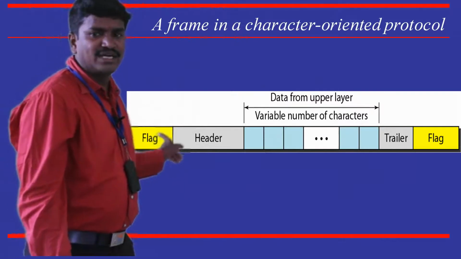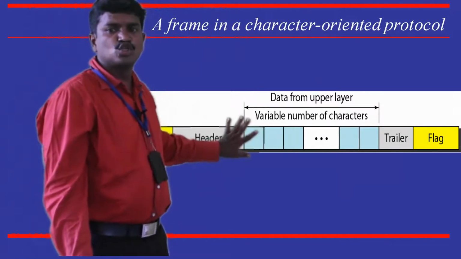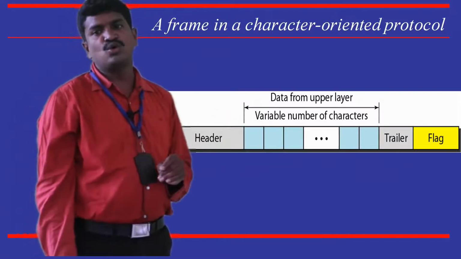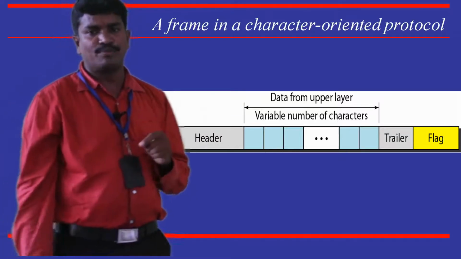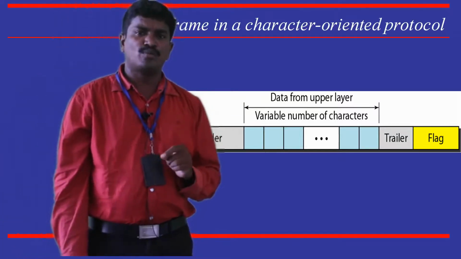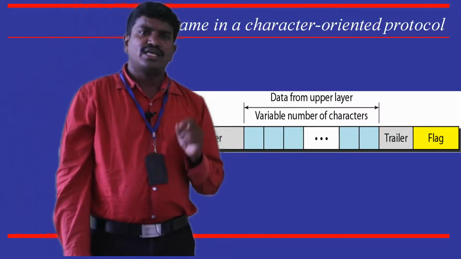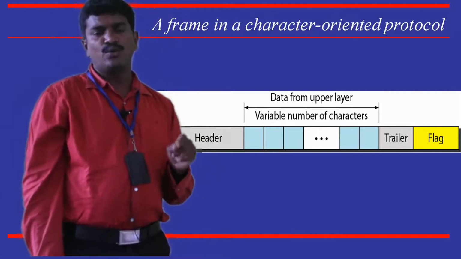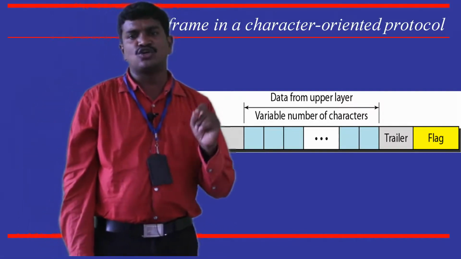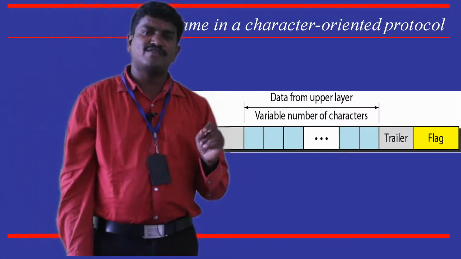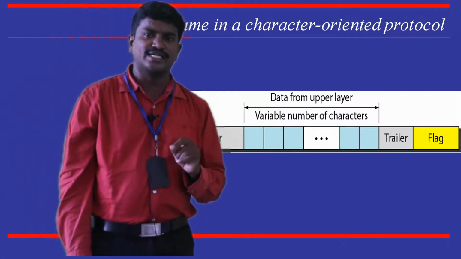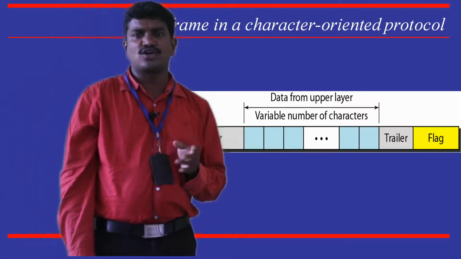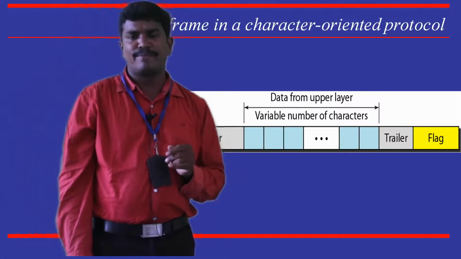It is going to start here. Whenever it comes across a flag in the middle, it is going to stop, and this is considered as a frame, but originally it is not. So in order to avoid this problem, the problem is, if flag bits appear as part of our data, how is the system going to recognize it is not the end of the frame, it is part of the data? How is the system going to recognize that, we need to clarify. That is clarified with the help of a concept called byte stuffing.